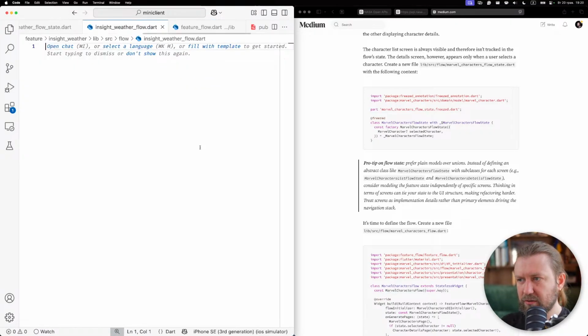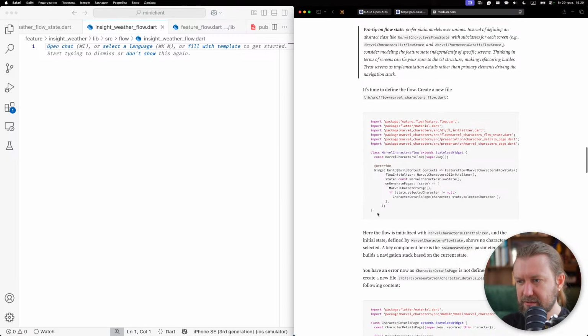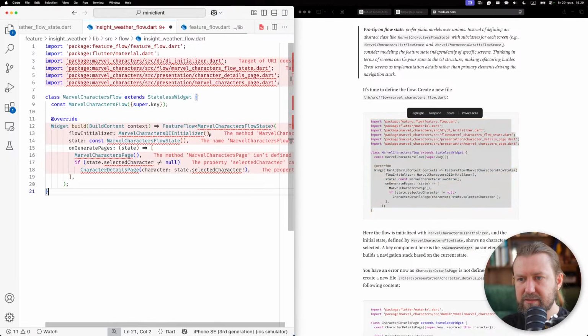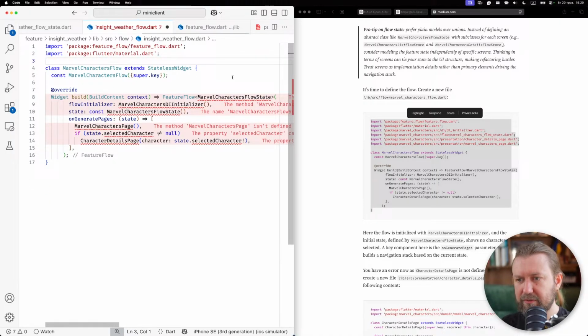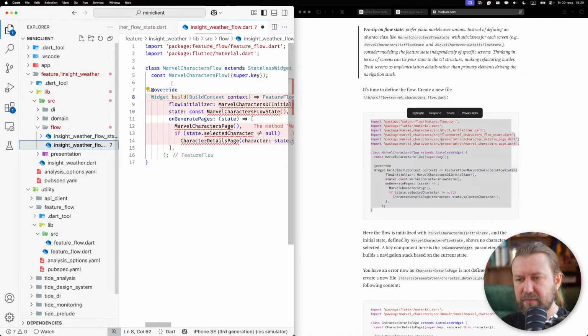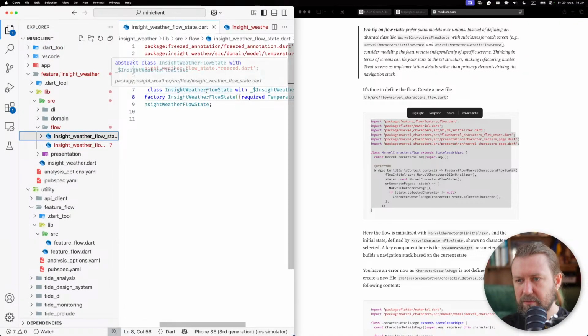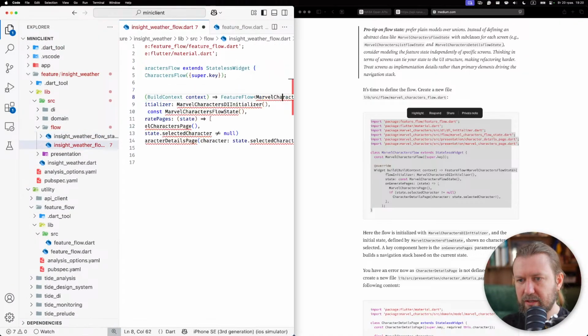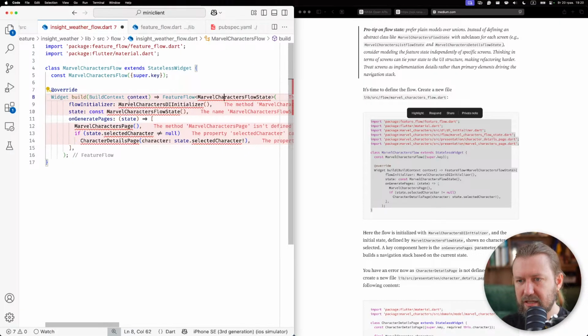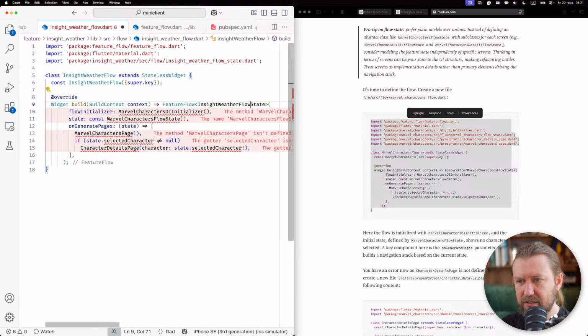Alrighty, let's work on the flow now. I will copy paste this listing and let's see what's going on here. So unfortunately, I will need to drop all that stuff there. And we have inside weather flow class. That's why let me rename things here and there. So the widget should be inside weather flow and it operates inside weather flow state. Let's import it. Flow initializer. We have a flow initial inside weather